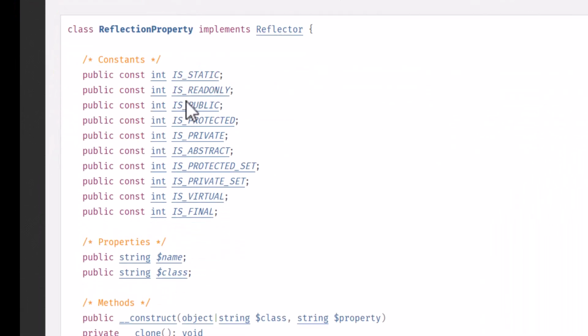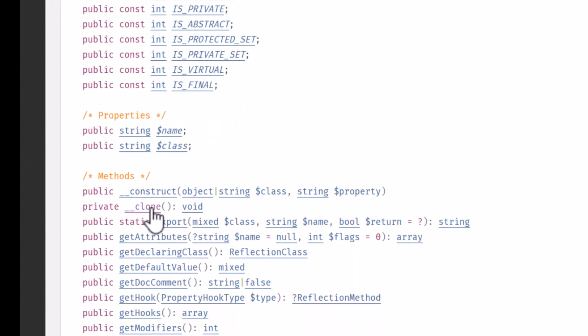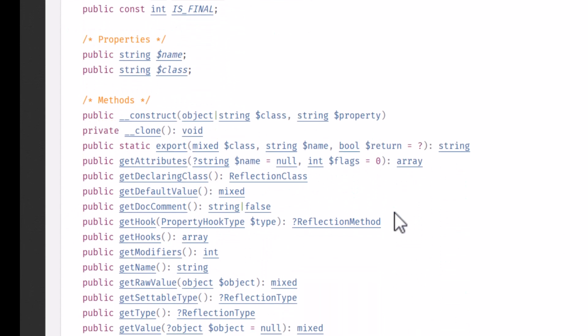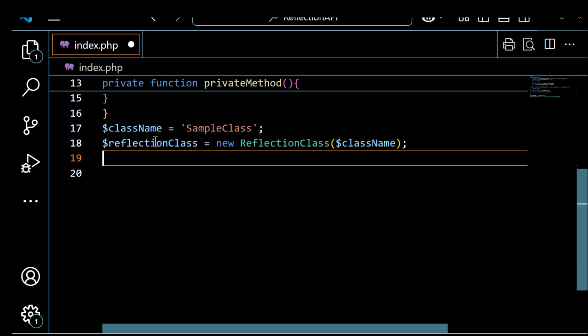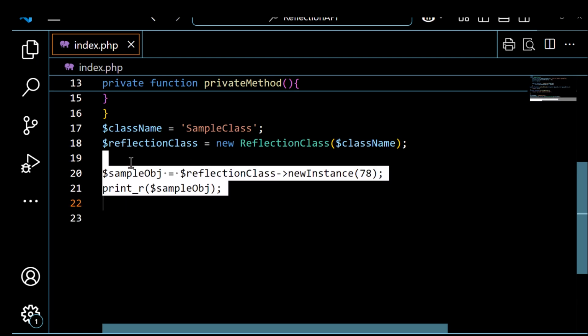So these are constants, static, read only, etc. And because there is a constructor, we can create this object. So we are going to create an object by passing in an object or a string, that is the class name, and then the property name. So the object that we created, we have deleted it. Let me go back. Okay, so now let's create